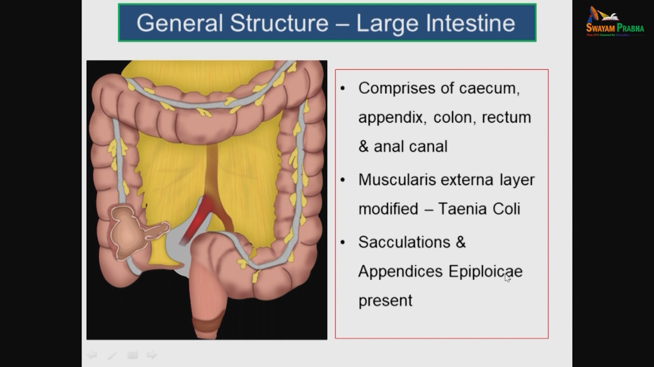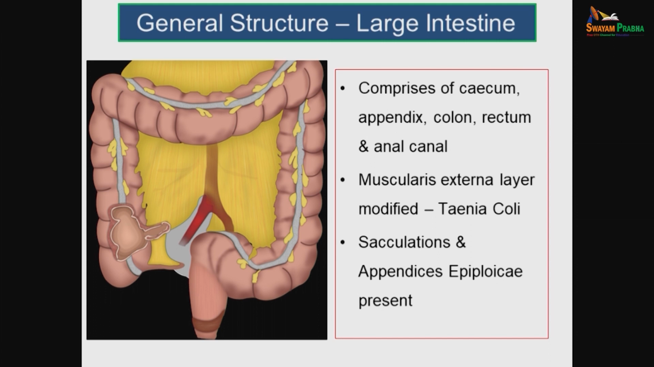Appendix, again, because they are all extra projections: appendix, addendums, additions. Okay, epiploicae. They are filled with fat, that's why they are yellowish in color. So, the tenia coli, appendices epiploicae and the sacculations are hallmark features of the large intestine in gross view, in a